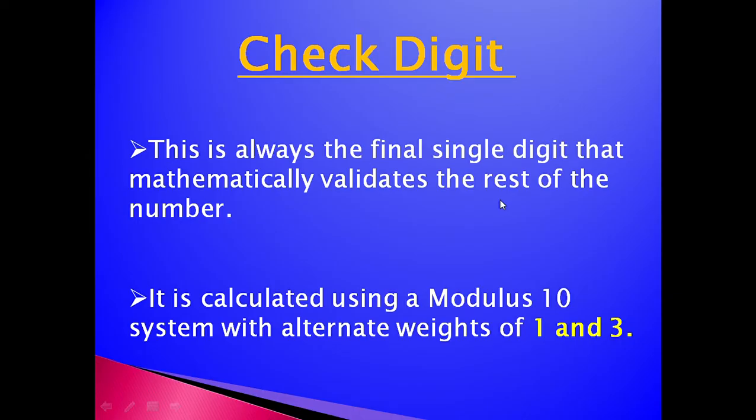Then the last one is the check digit. This is the final single digit, calculated in the form of the modulus 10 system. They have some working problem over that. Since I'm very poor, I cannot do that, I have not taken that. It has a weightage of 1 or 2 or 3, and now it has gone up to 10, since there are more publications.